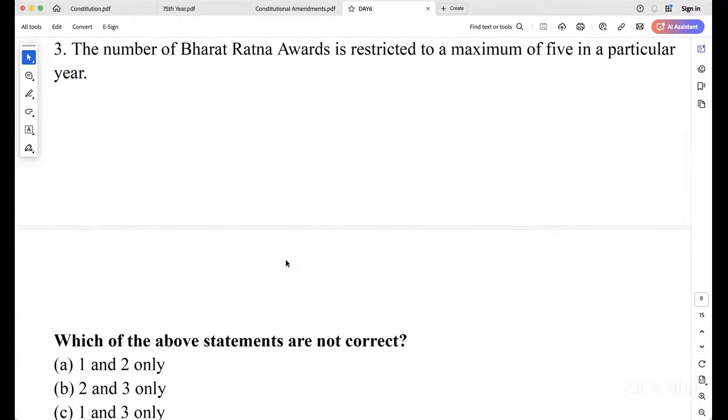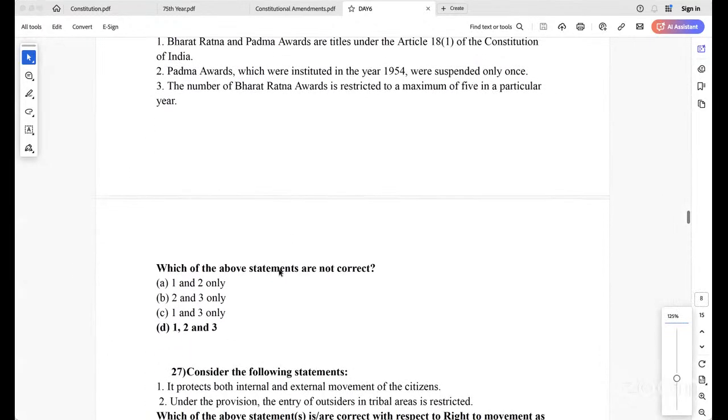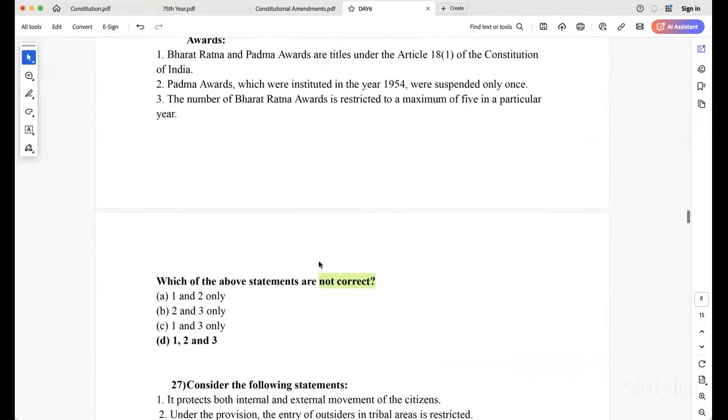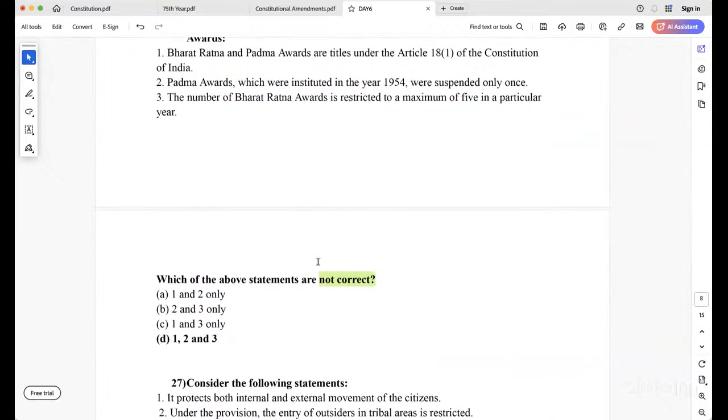So the number of Bharat Ratna award is restricted to a maximum of 5 in a particular year. Not correct. Okay. All the 3 are not correct. Clear? Because though it can be restricted to a maximum number of 5, at times it is crossed